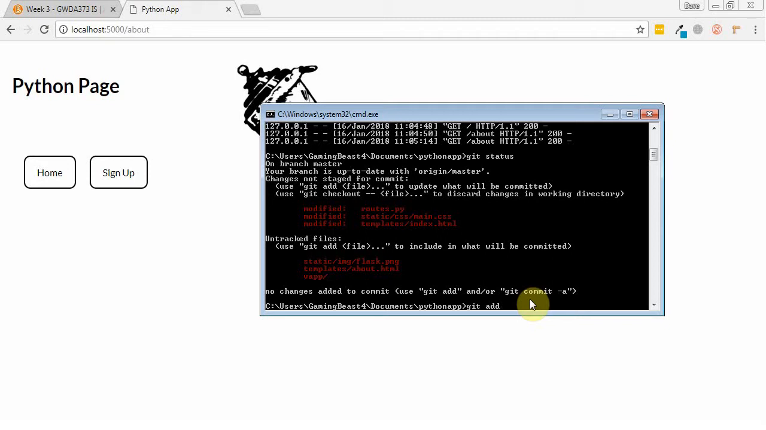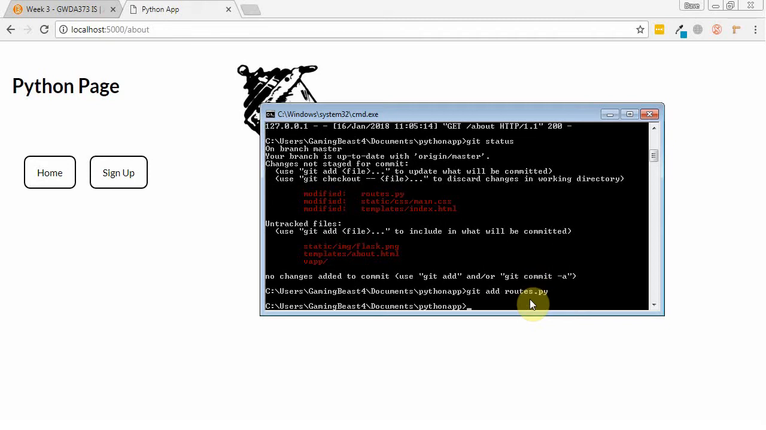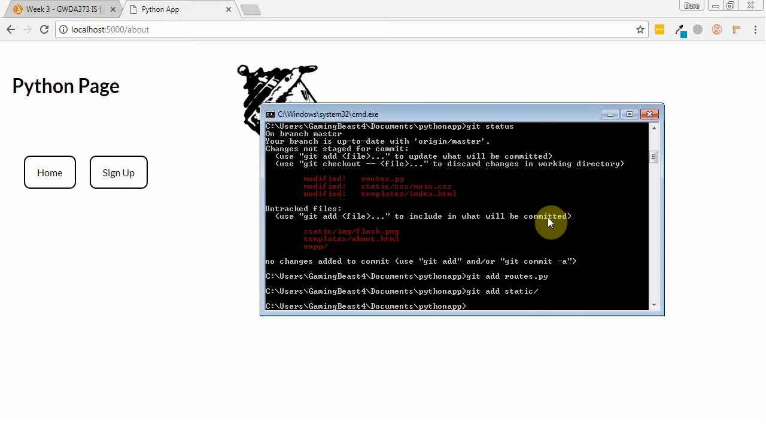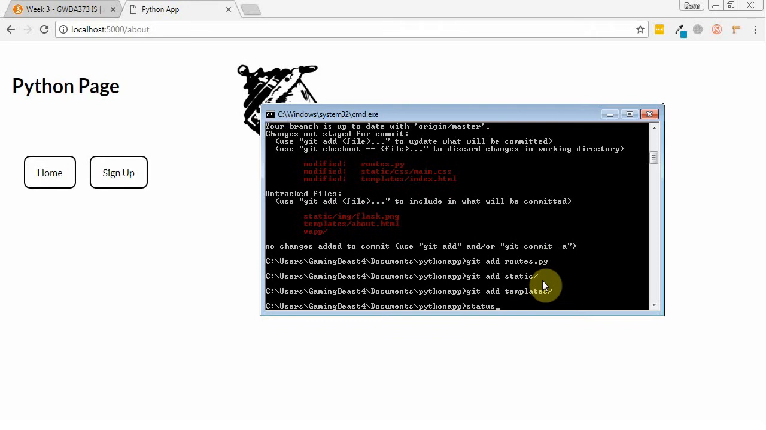We need to add routes, because routes has been changed and we need to re-upload that. I've changed the CSS file, so I'm just going to add the static folder again, and that will put everything in there. I also put in a new picture, this Flask picture, so really I'm adding the whole folder again. I think that's the best way to do it. I'm going to do the same thing with templates, because I changed index and added the about page, so I just want to get all those things added. Okay, so now if I hit git status again,